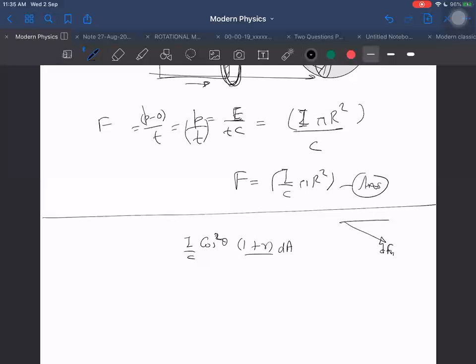But when I have to take x component, then I will take again cos theta. That is one term, and the other term was I by C into sine theta, which will be 2 sine theta cos theta into 1 minus r into dA into sine theta. It will become sine square theta. If I add these two terms here only, that is what Chandan was saying, that we can add these directly and then we can integrate. Yes, true, we can do that also.